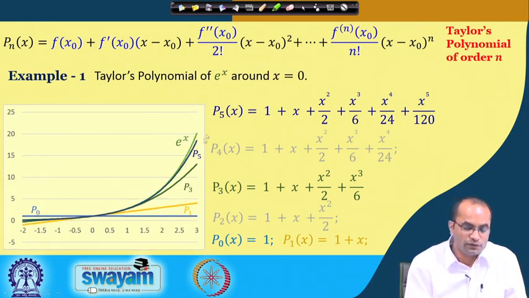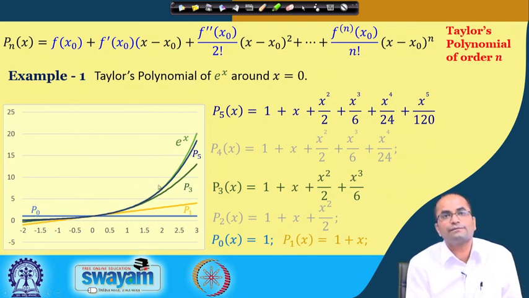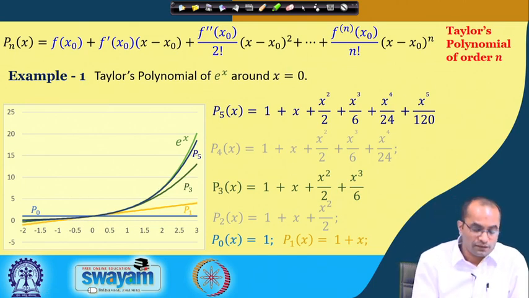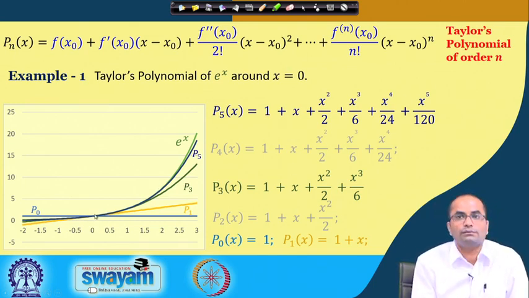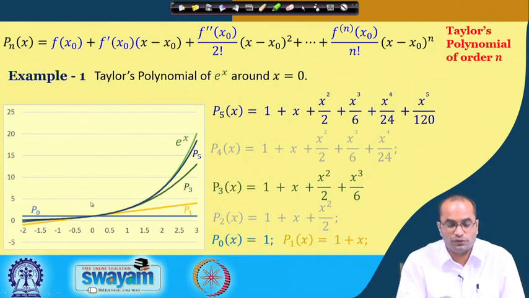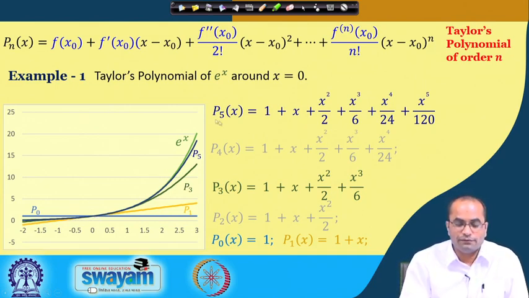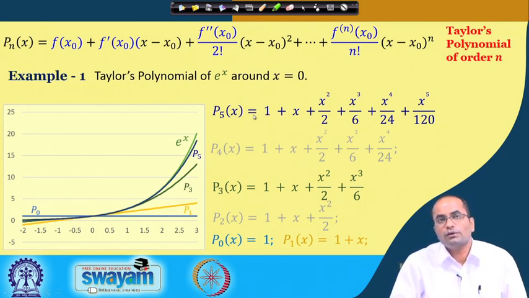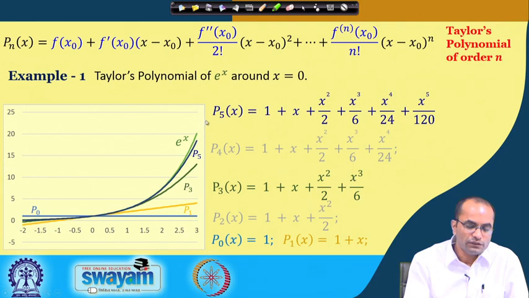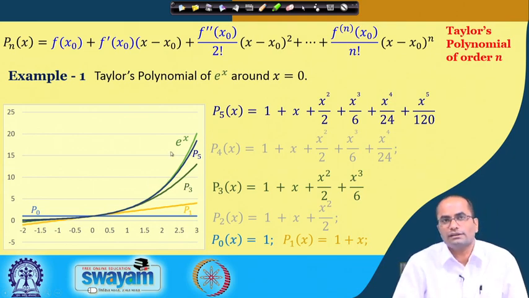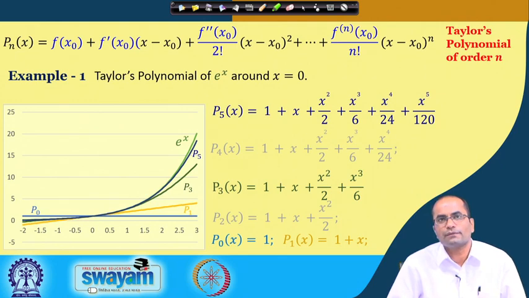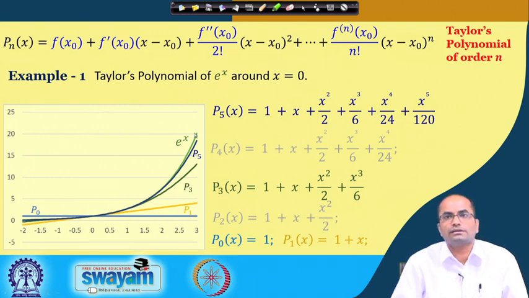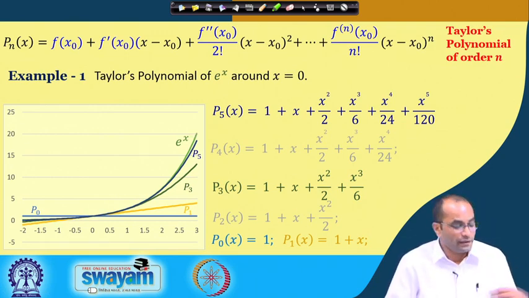So, for example, if we plot here P 5, you see it is pretty close to the exponential function in a wide interval around this point 0, which was the point of this expansion. And if we move further to the polynomial of degree 6 or 7, then we will be moving closer to the exponential function, and that is the idea of the Taylor's polynomial. By increasing the degree of the polynomial, we can approximate our function as well as we like, and we will discuss this further.